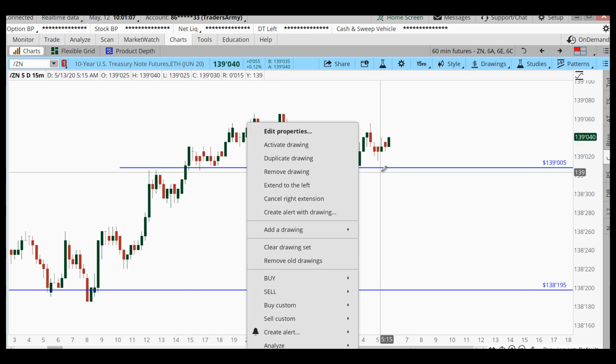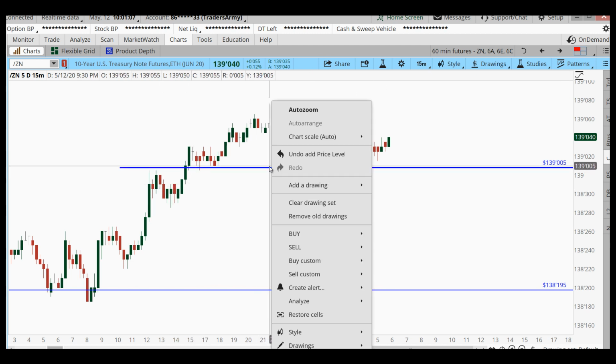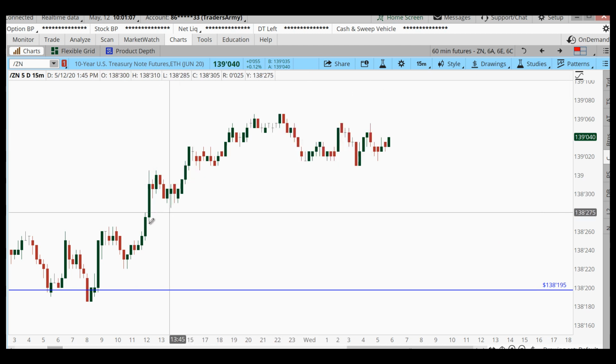So if you decide to do that, just be very, very quick to move your stop because of this area of demand right in here. So I don't think that it's probably the safest setup. I think you're probably better waiting for a...